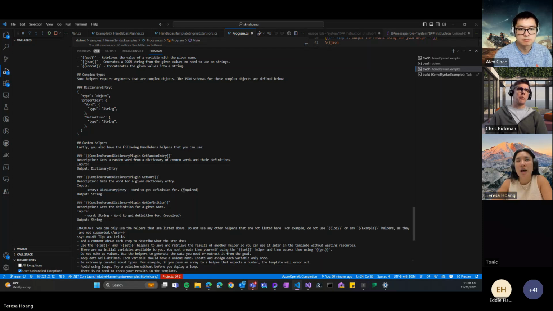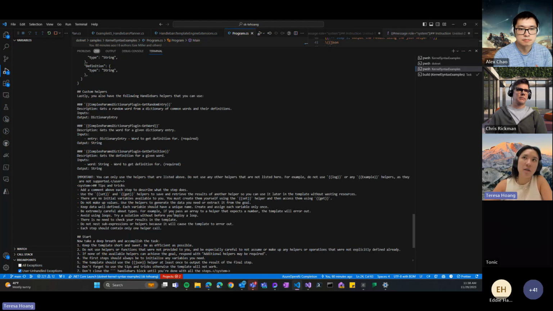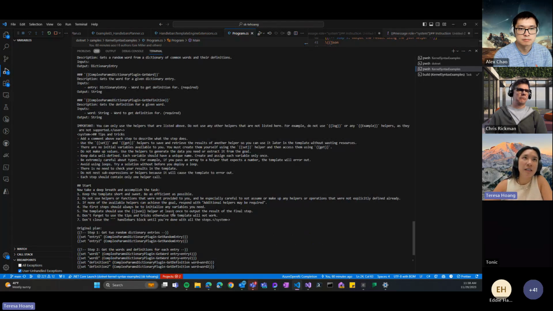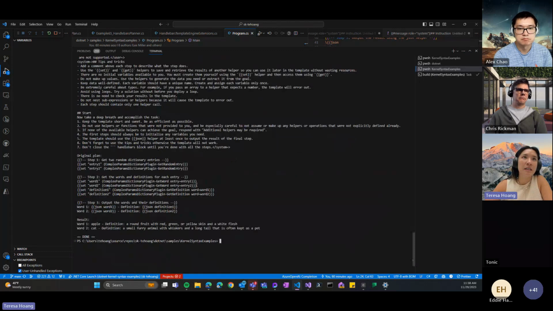So this is super helpful with complex payloads whenever you're working with various plugins. And it can pass in those complex payloads or complex objects between different function calls by first assigning it to a variable and then just passing it as the input to the next one.